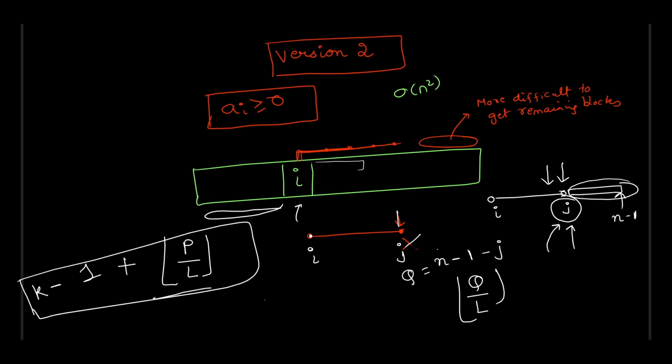So this means that n minus 1 minus J by L, okay, plus this term, plus this term should be less than or equal to k. This means that there is a singular inequality from which you can derive what is the right side border after which your blocks will stop getting created from the right hand side. So just to summarize that again,